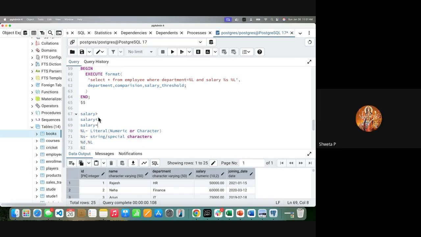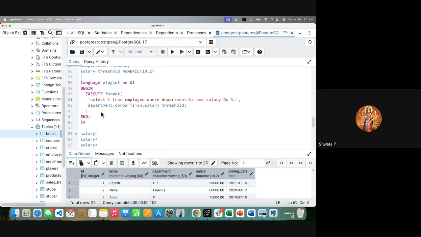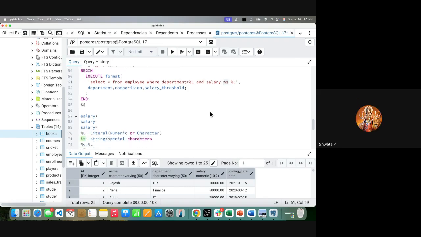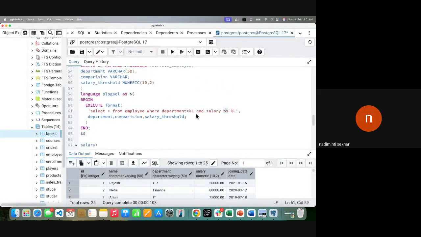Okay. I was just confused whether we have to give the wording like that. No, that equal to, here also I can put %S. But I'm just keeping it because the department name I want to fix. But salary can keep on changing, right? So department equal to makes sense, but salary can be less than, greater than. So that's why I passed a percentage. Yeah, I got it now. Got it, clear now. I too got it, bro.